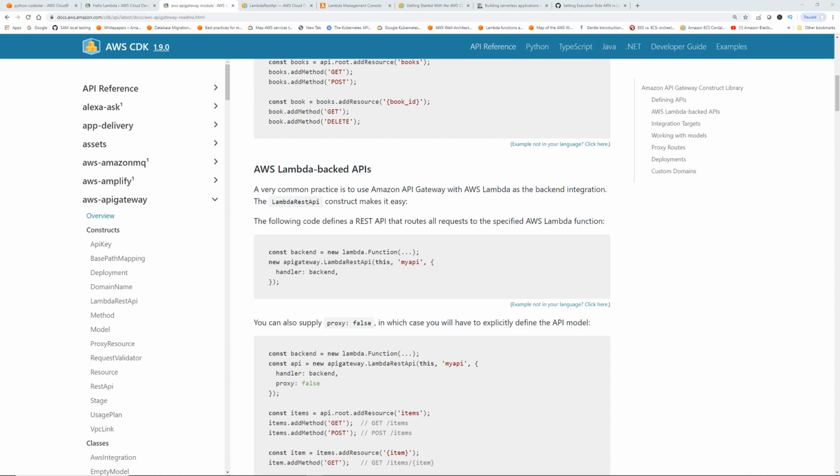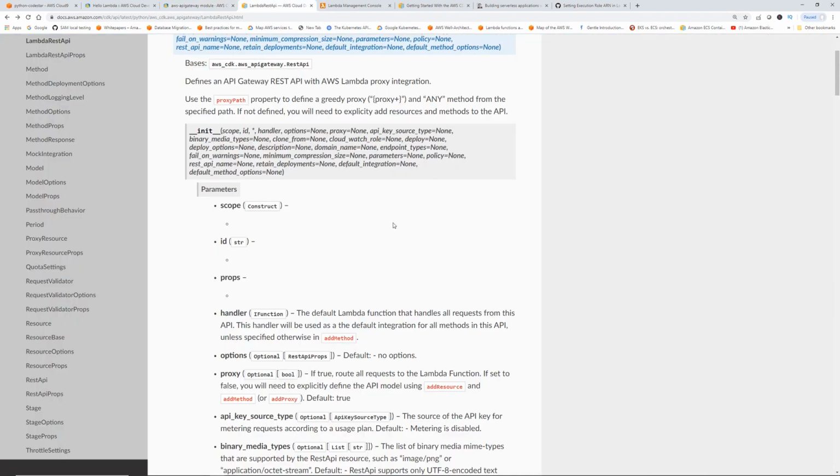Okay, so let's do one more thing. What's another commonly used thing in serverless architecture? API Gateway, where the API is calling the Lambda, right? So we go back to the documentation, AWS API Gateway, and then scroll down to AWS Lambda backed APIs. So basically the method of interest is LambdaRestApi, and then handler should be pointing to the Lambda function. Okay, so if I open the LambdaRestApi, we have the scope and ID, and then this is the handler which should point to the Lambda function